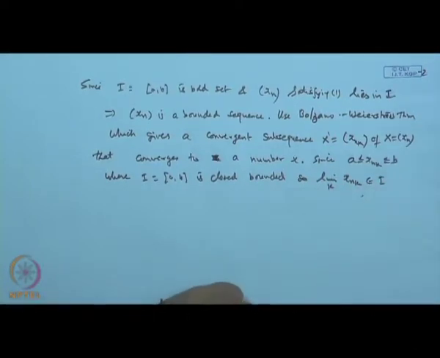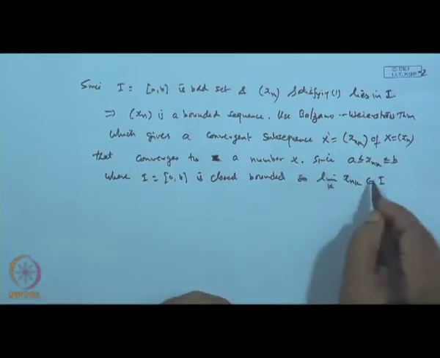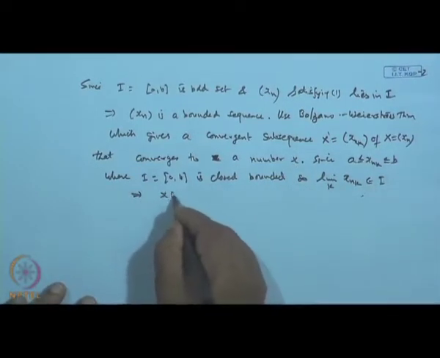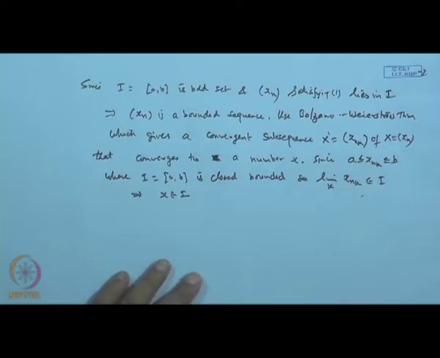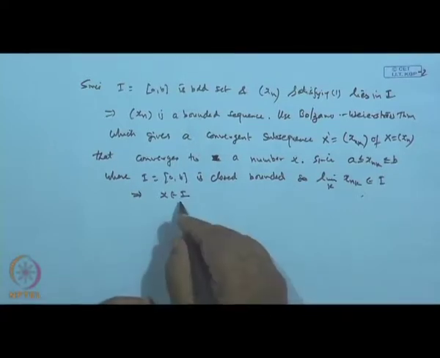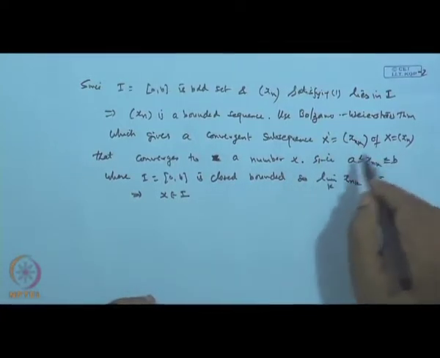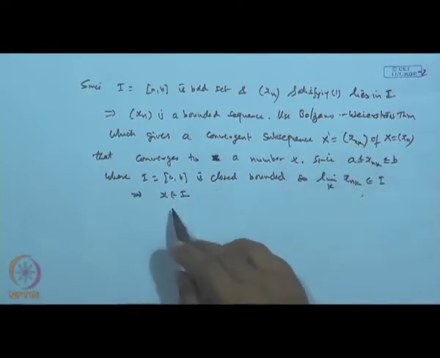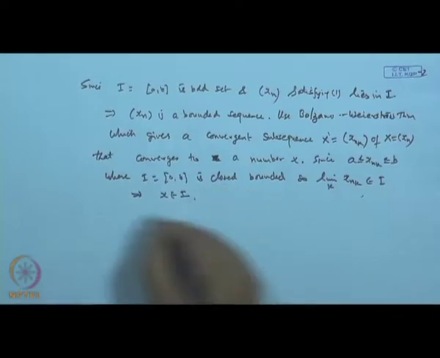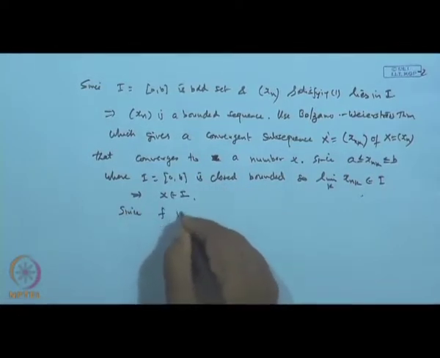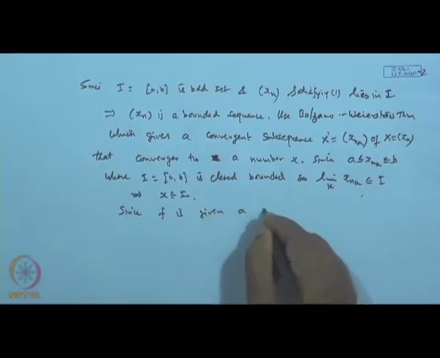Okay. But this limit point is x. So, this shows that x belongs to I. So, what we get is that the sequence x_{n_k} has a subsequence which is convergent and the limit point belongs to I. Now, f is given to be continuous, since f is a continuous function